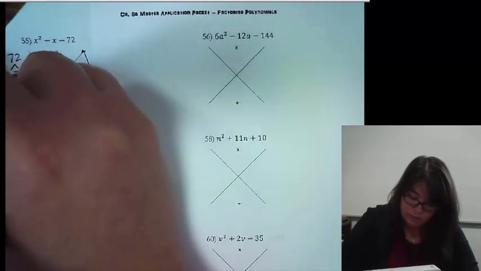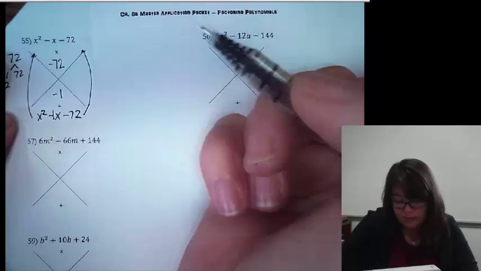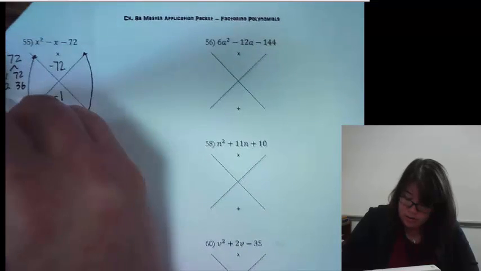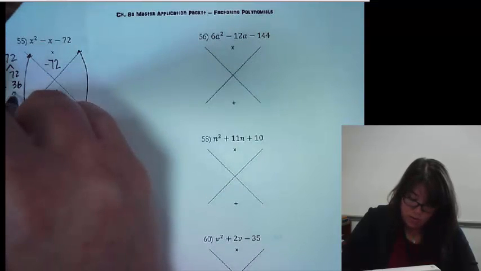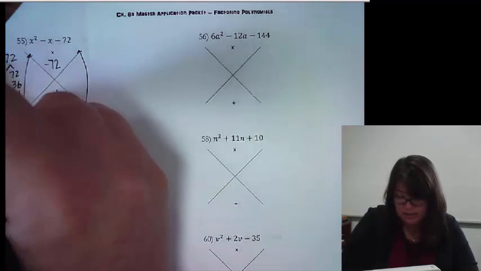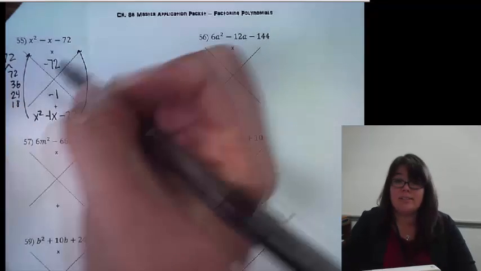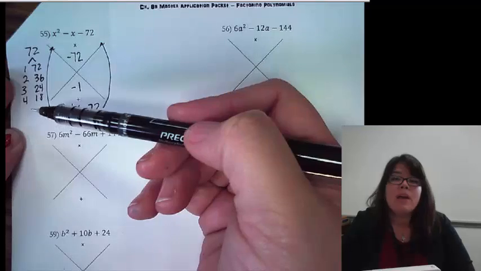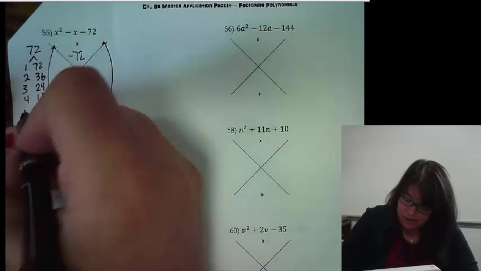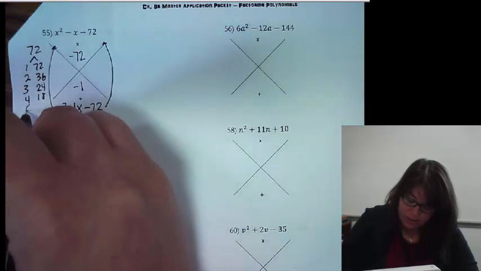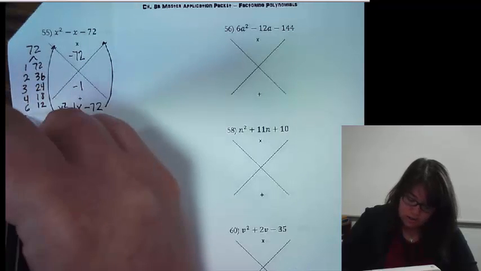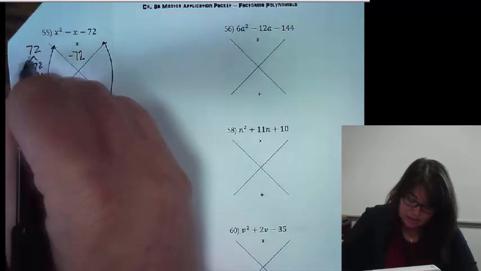1 and 72. 2 goes into it, 3 and 4, no, 6. 3 goes into it, 24, 4 goes in 1 time, and there's 32, 8. Let's keep going. So far, I still don't have any factors. Oh, sorry, you guys couldn't see that. I don't have any factors that will combine together to get 1, which is why I'm going to keep going. 5 doesn't go, 6 will go in 1 time, and then 2. No, that doesn't work. 7, no, 8, yes, 8 will go in,